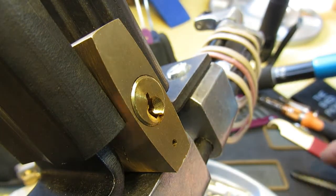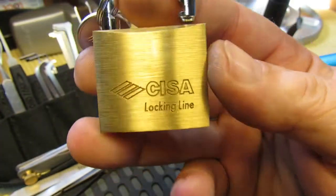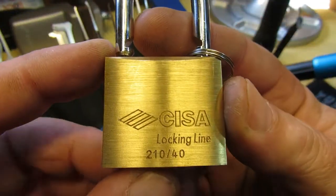So, quite a fun little pick. Definitely feels like it's got some security pins in there. But there we go, all open. So the CISA